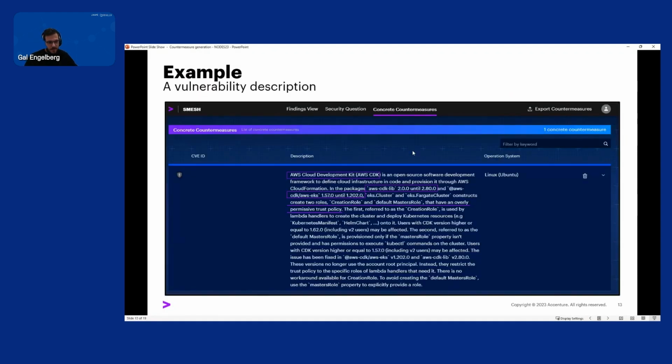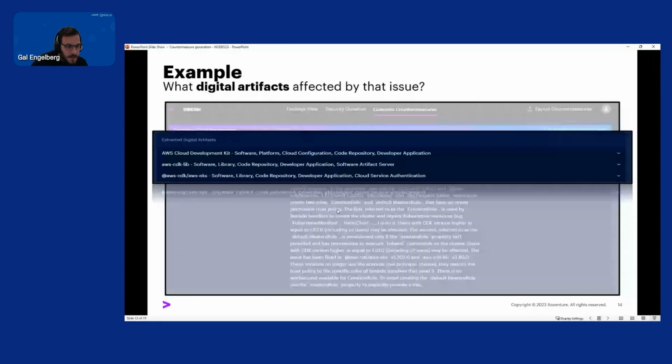And this is an example of the approach. This is a vulnerability description of a vulnerability in the AWS Cloud Development Kit, which has two libraries that construct two roles that have an overly permissive trust policy. In the first step, we ask which digital artifacts are affected by this issue, and we see that we correctly extracted the three digital artifacts,